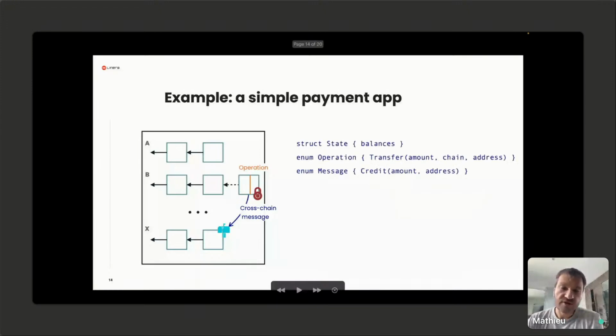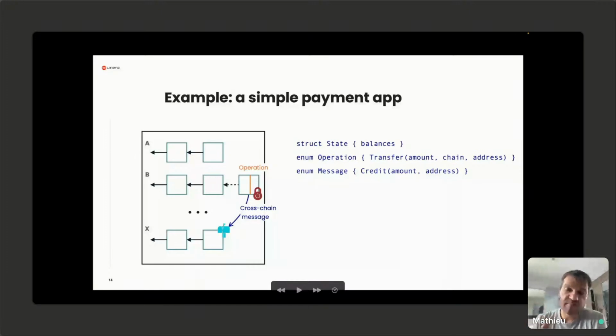All right. To illustrate the Linera SDK, I wanted to take the example of a payment application. In a payment application, or actually the definition of tokens, you would have a state that is the balance of the user. It would be a map from addresses to a certain amount of tokens owned by each address. And that state would be typically how you see the state of an application in any chain. Any chain has a map from addresses to balances. Now, if you want to transfer tokens from one user in one chain to another user in another chain, you would need to be the owner of the sending chain to be able to create a block, and